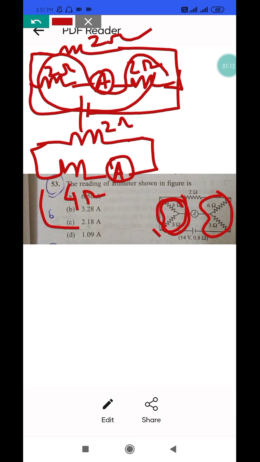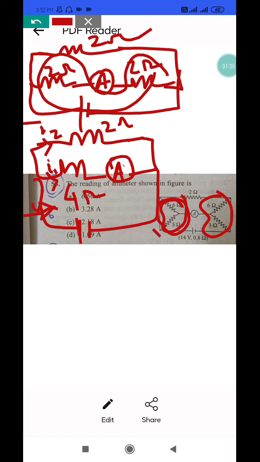Shall I write like this? Now again this 4 ohm and this 2 ohm are connected in parallel. Why am I doing it like this? Because I would like to find the current in the ammeter. For that I am going to find the relation. Let us assume the total current is coming here. Let's say I1 is the current passing through the 4 ohm resistance and I2 is the current passing through the 2 ohm resistance.